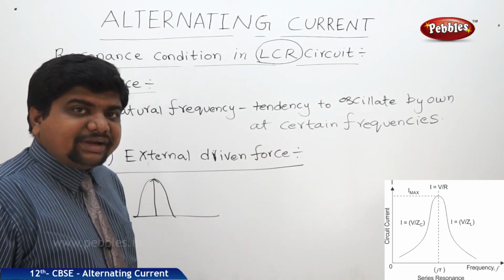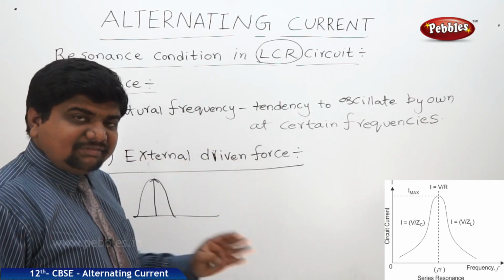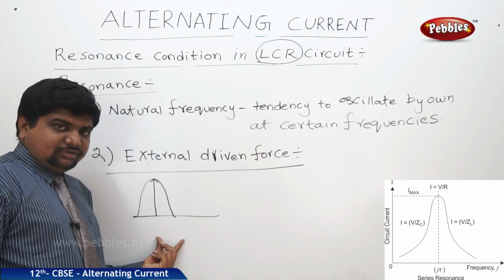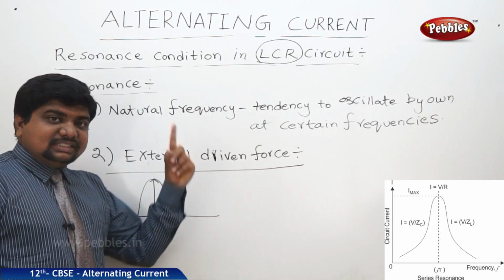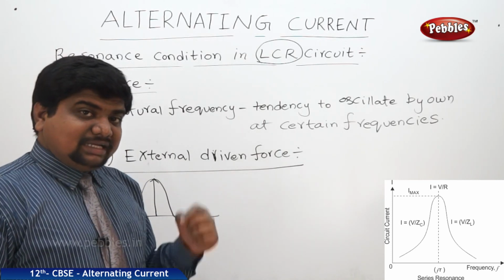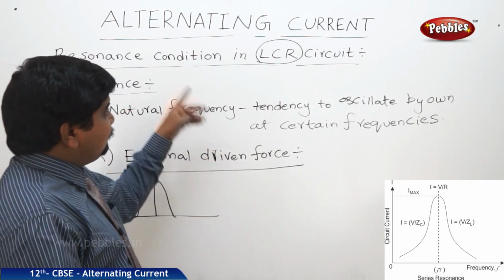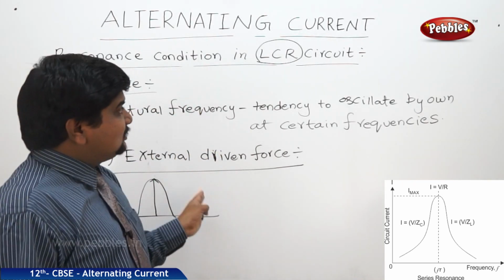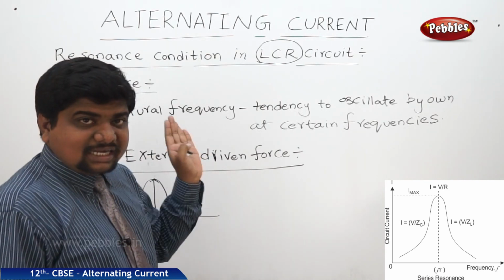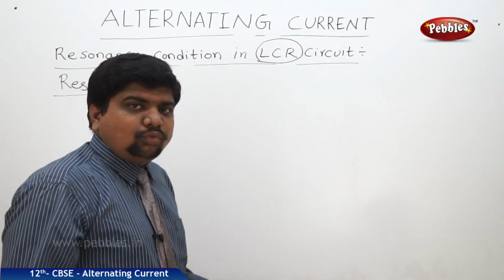This is called resonance. What is the meaning of resonance? If two objects are vibrating with the same frequency, the resultant amplitude of the two sound waves or two mechanical waves is maximum. That condition is called resonance. In mechanics, the resonance depends upon the air column, but in electrical circuits, the resonance depends upon frequency. What is that frequency, what is the condition, and what is the impedance relation we are going to see now.